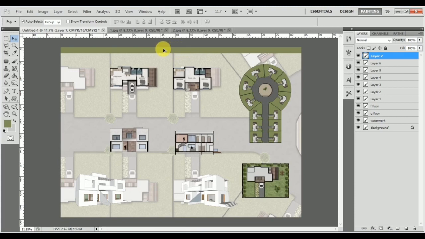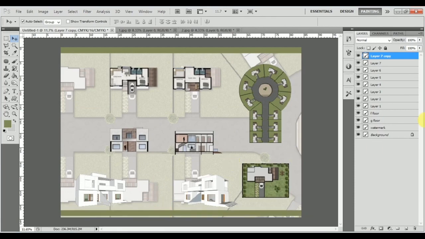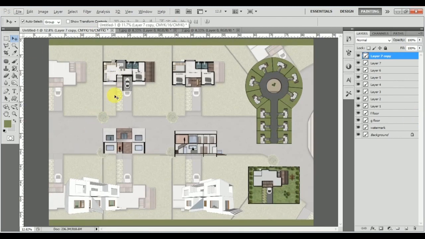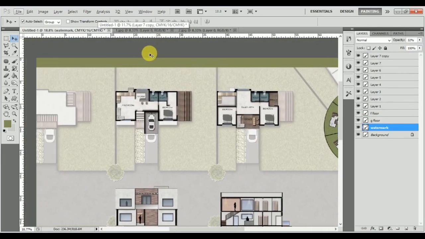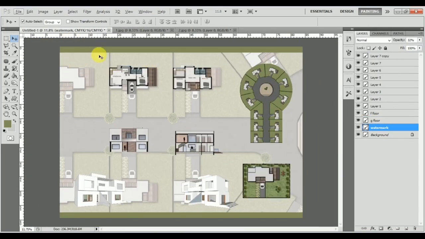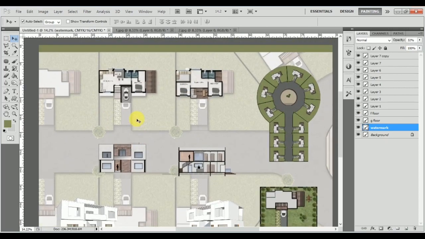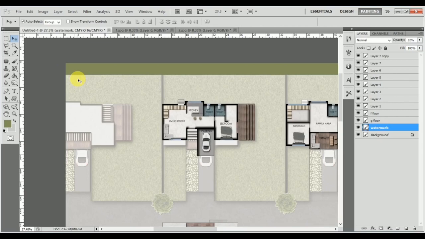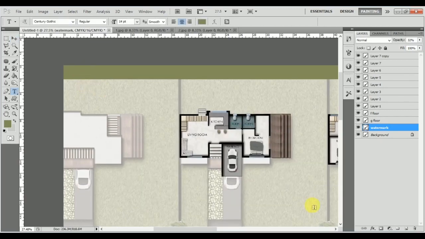Now I can press Alt and drag this down all the way till here to copy it. And you can see how easy that was to place this over here. Now once you have done this much, guys, we can go and put up different texts everywhere over here. So what I want to do basically is press T and create a new